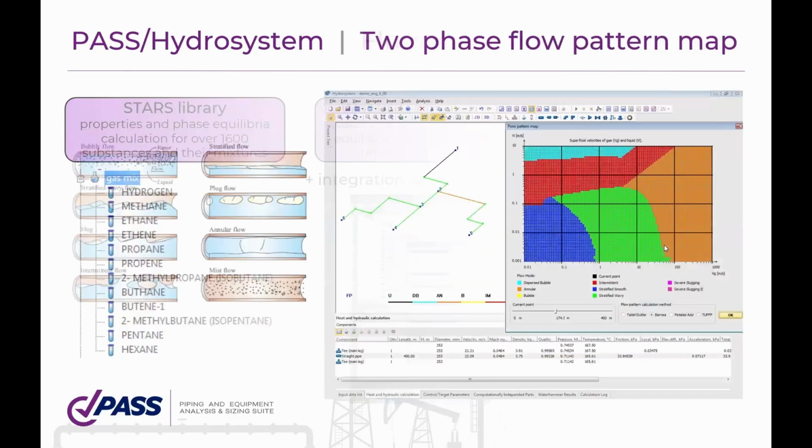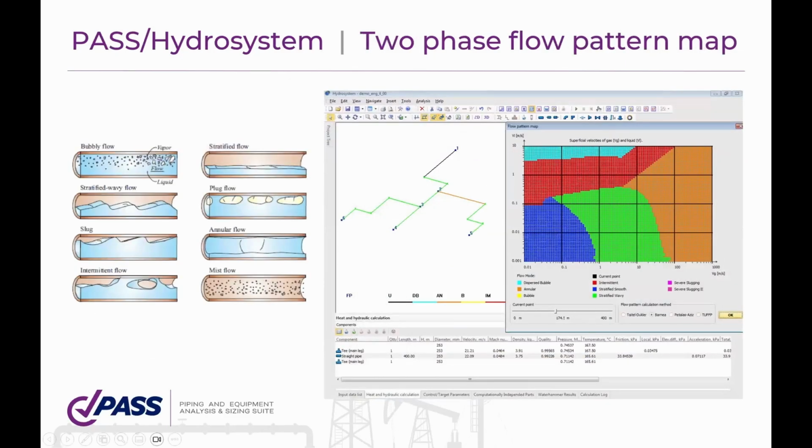In HYDROSYSTEM, we have very strong capabilities of two-phase flow calculation, two-phase gas-liquid flow. We not only can calculate the pressure drops, the velocities, etc. We can also calculate flow patterns for each piping component, and draw a special two-phase flow pattern map on which you can understand where your